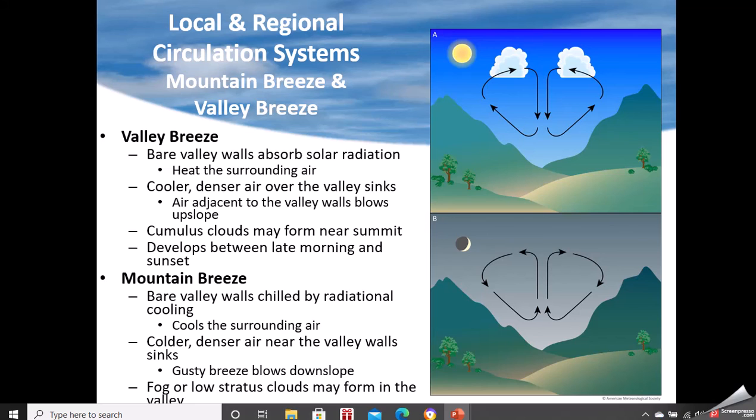So the air begins to lift there, and sinks down over the main valley floor, bringing cooler and denser air into it. Mountain breezes are at night. The cold air on the slopes flows down and rises in the valley.